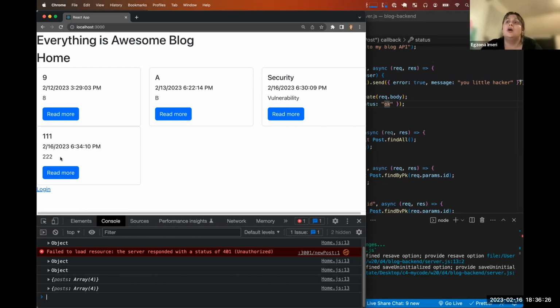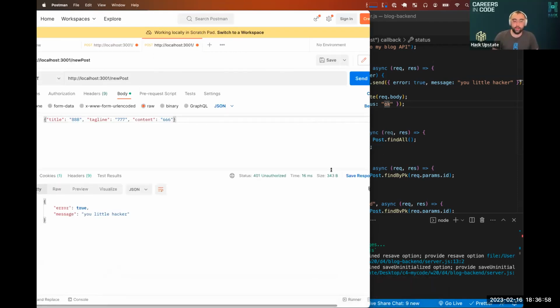Log in. That should take you to post editor. Then create some posts. And create it, and that should take you back to the homepage and you should be able to see it. Then, if you want to fire up Postman,